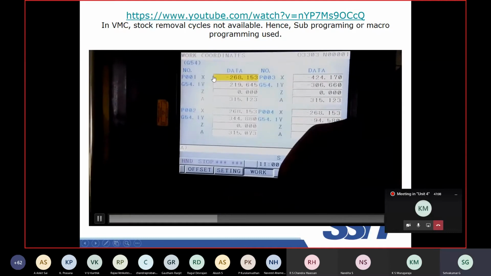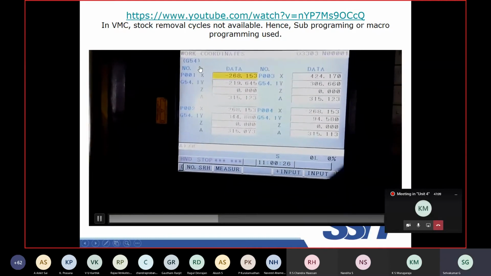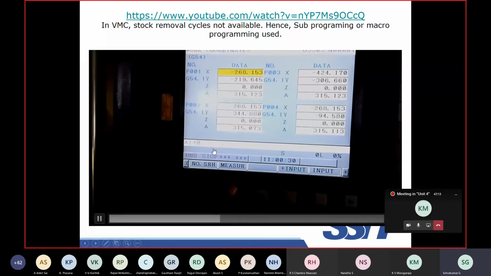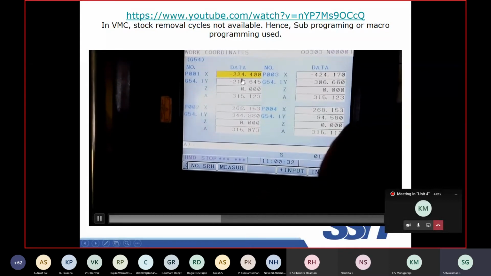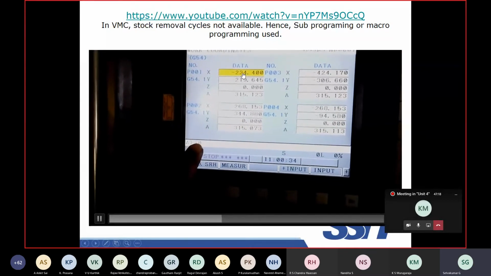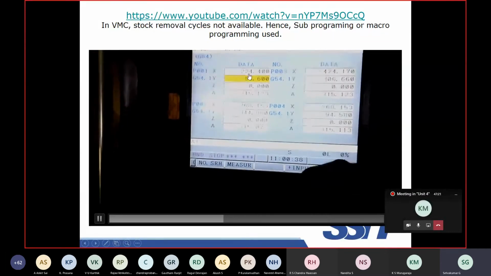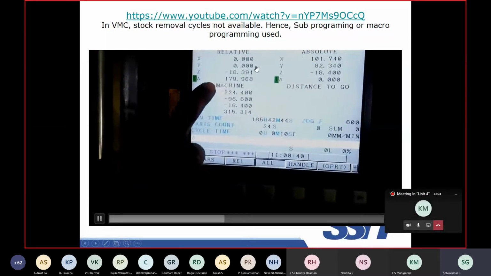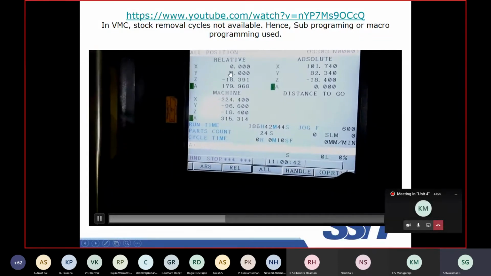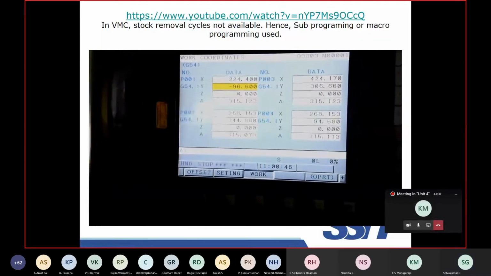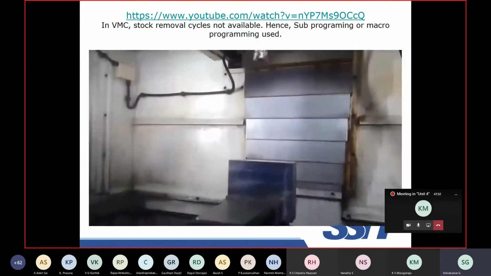It's a work offset. So G54 defining. Okay. X0 in the sense this will be the machine coordinate. The real machine coordinate system is this x value, y value, corresponding value. You can give this value. Okay. So you can write a program for the relative system. The corresponding machine value is understood by the machine tool by referring to G54.